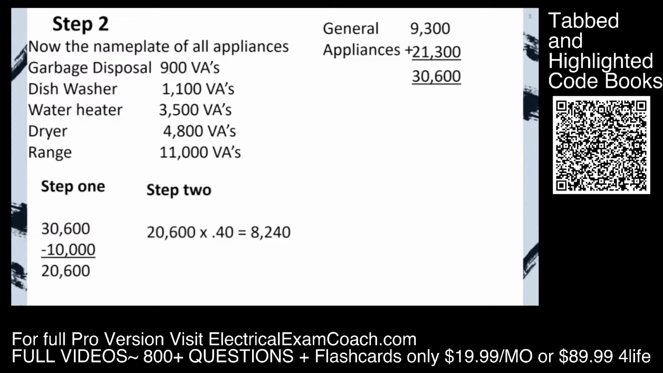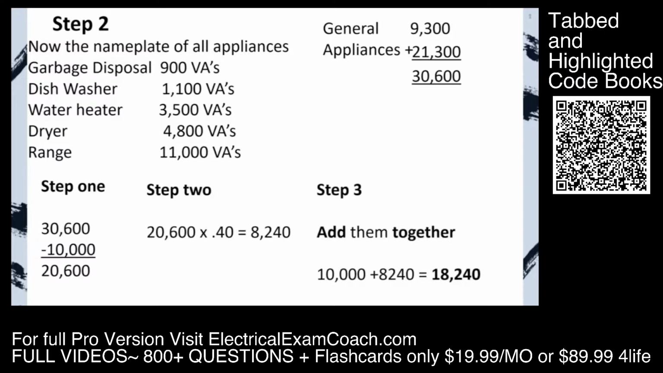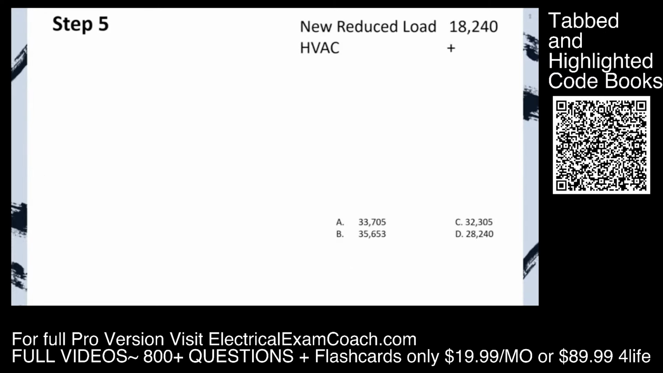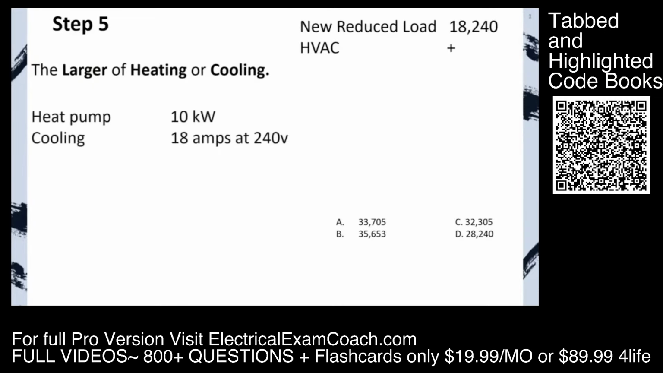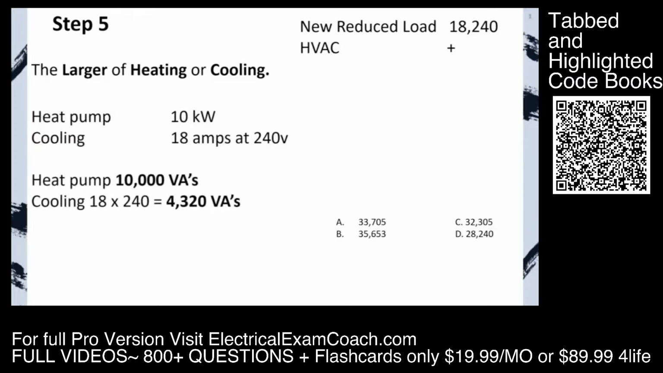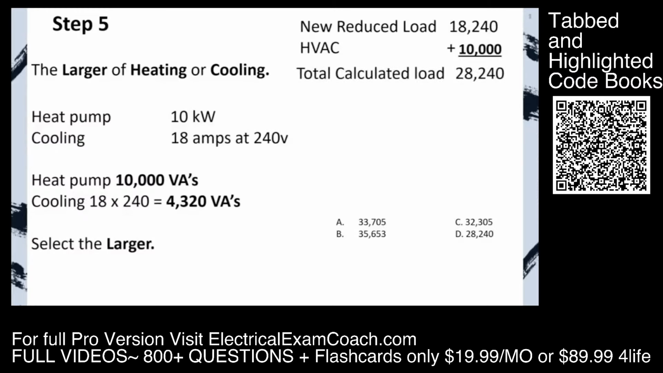We take the remainder at 40%, and we can't forget to add them back together. Now let's go do our HVAC. Now that we have our new reduced load, let's add in our HVAC. We're going to select the larger of the heating or cooling. We work all the math out, and clearly the heat is much larger. We're going to take and add that to the party. After we do, we're going to have a total connected load of